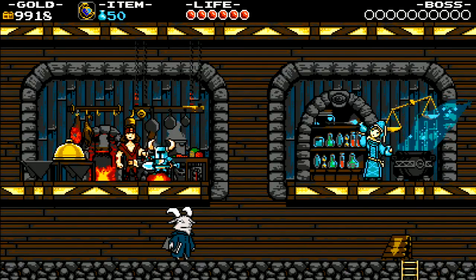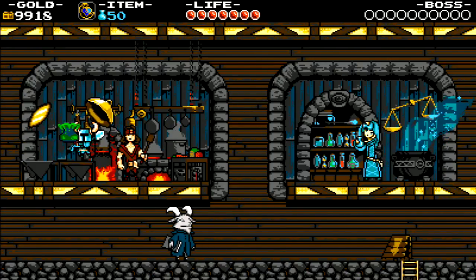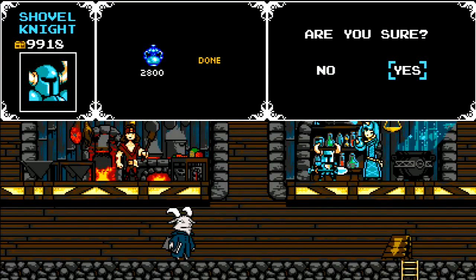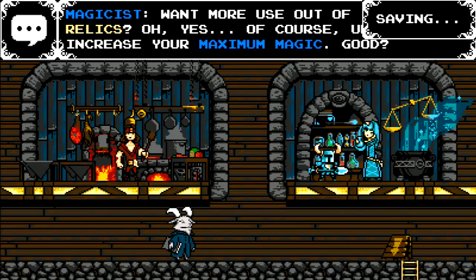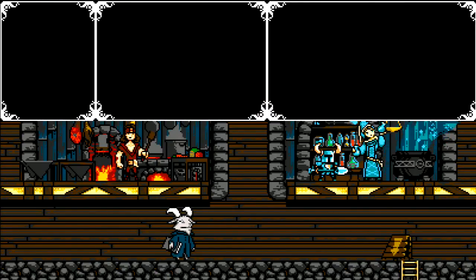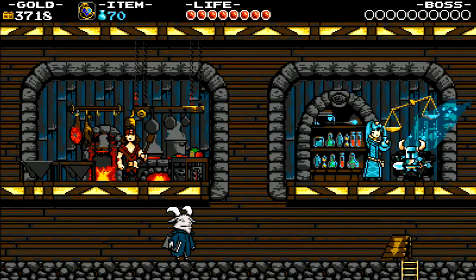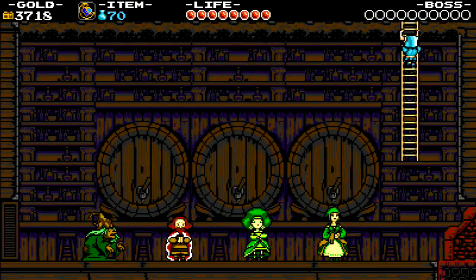Something that I didn't mention before, and that happened quite a lot actually, Shovel Knight gets locked into animation sometimes. Or rather, gets locked in place, and that happens in a lot of games when there's dialogue happening. I think that feat Hey Big Spenders is for spending over 25,000, if I recall correctly. Anyway, what I was saying, when Shovel Knight is kind of stuck in place, you can crouch by pressing down,